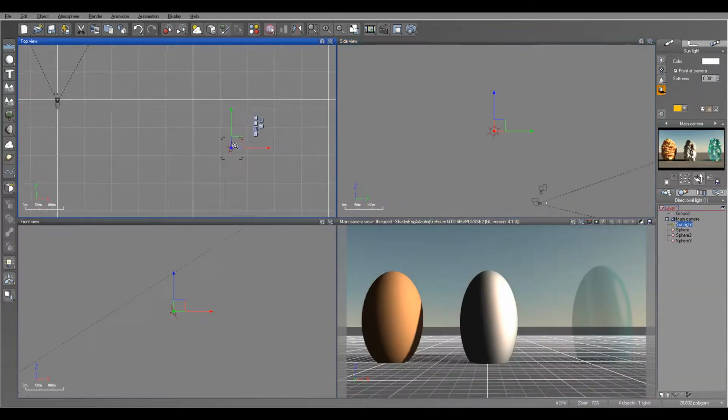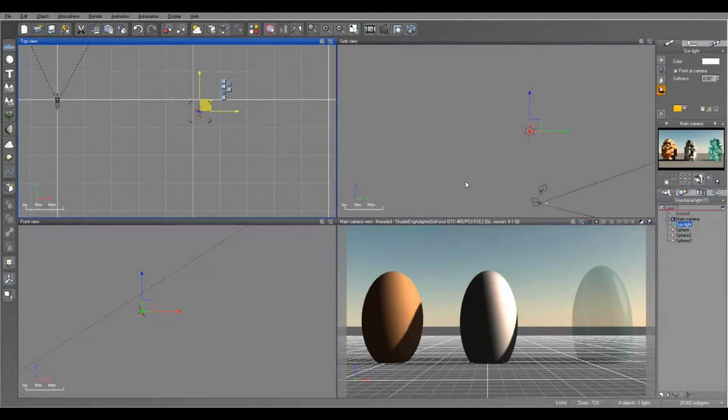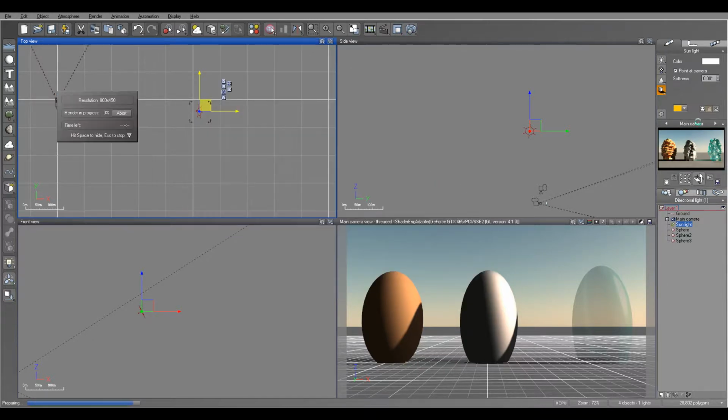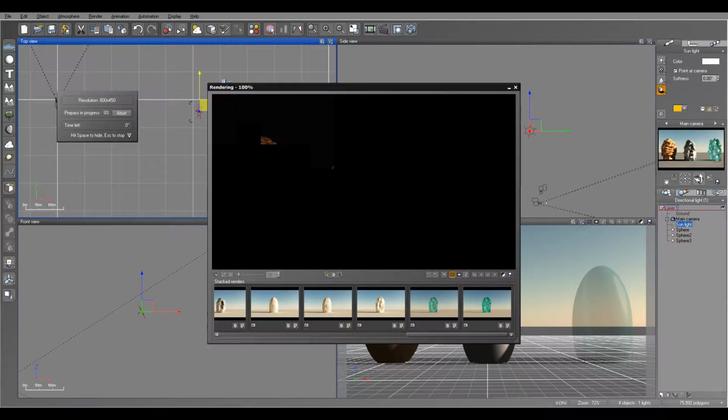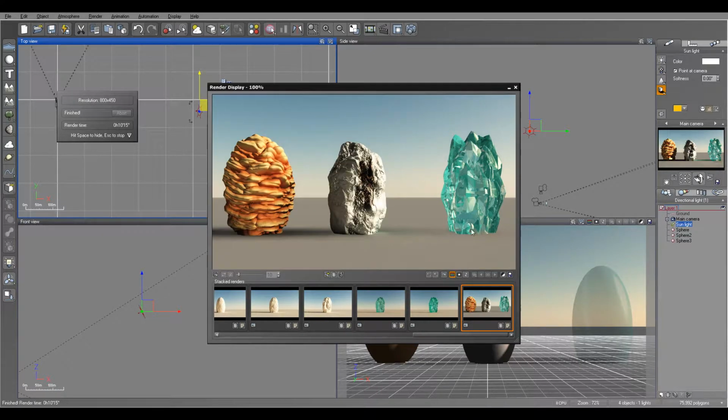Okay, I'll take sunlight. Bring maybe more shadows kind of effect. Okay, and right here we can preview our materials with the final render. Okay, so right here we finished, and it took 10 minutes to render, mostly due to these crystals,